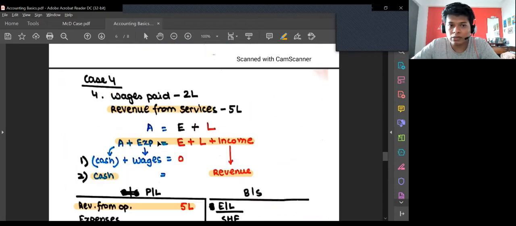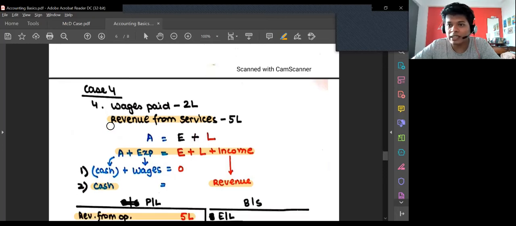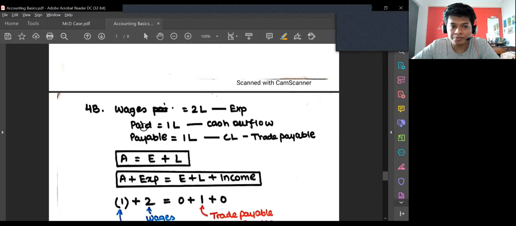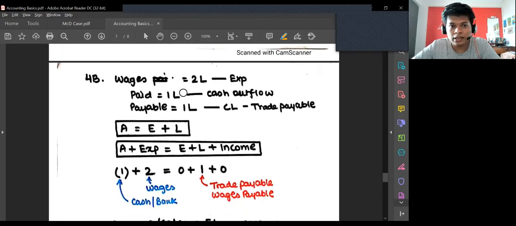Now in this case, what was happening is I was paying cash, like paying the wages, and I was receiving the money. So an ideal situation. But in the real world, it does not happen like that. You have debtors and creditors. So now I've taken an example of wages, same 2 lakhs, but I have paid only 1 lakh of wages and 1 lakh is still due, which I have yet to pay. So in this case, what will happen?